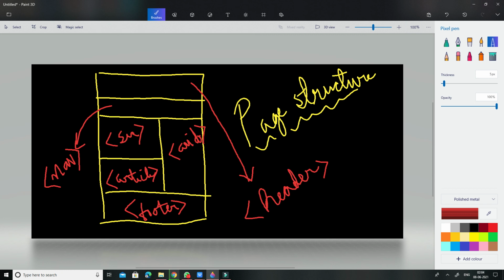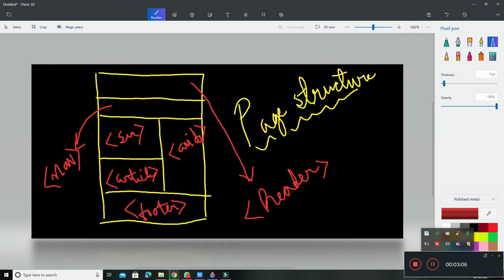Summary is basically used for defining the heading for the details element. All right, so let's see one by one what we are actually talking about. Let's see one or two of them.